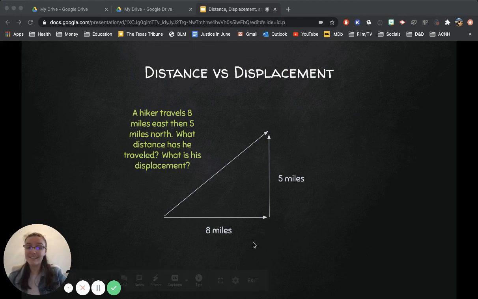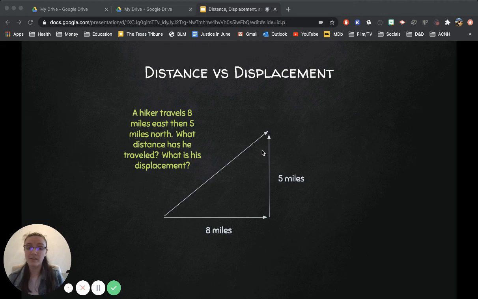His distance traveled is going to be 8 miles plus 5 miles, which will give me 13 miles. His displacement is this diagonal arrow. It is the direct path between his origin and his current location. How far is he from the origin right now? And that's going to be like